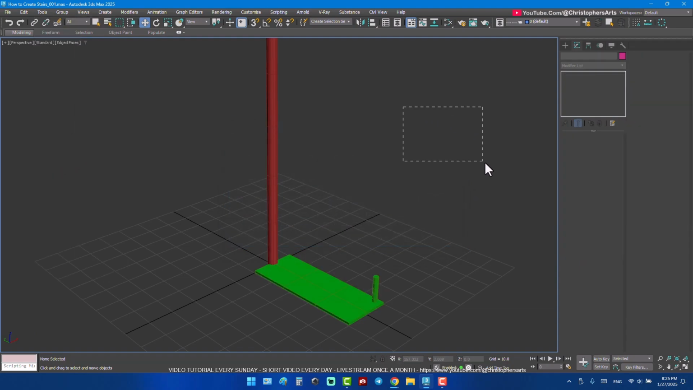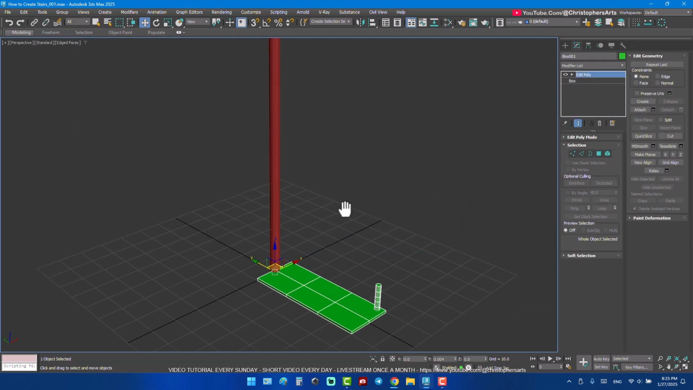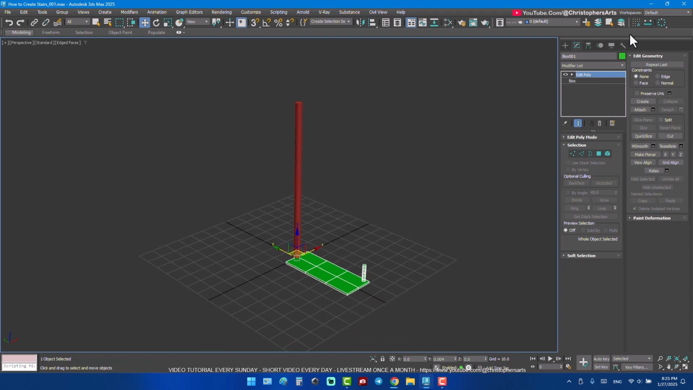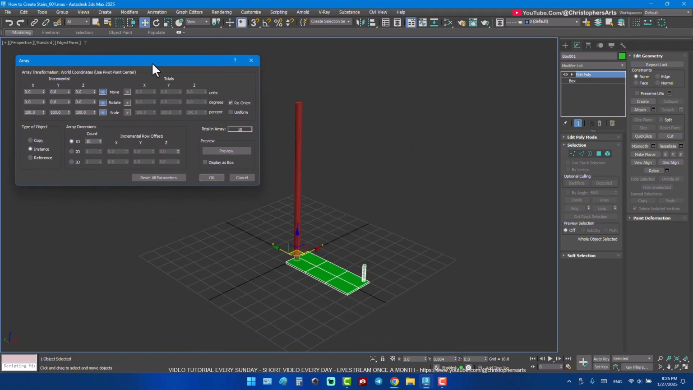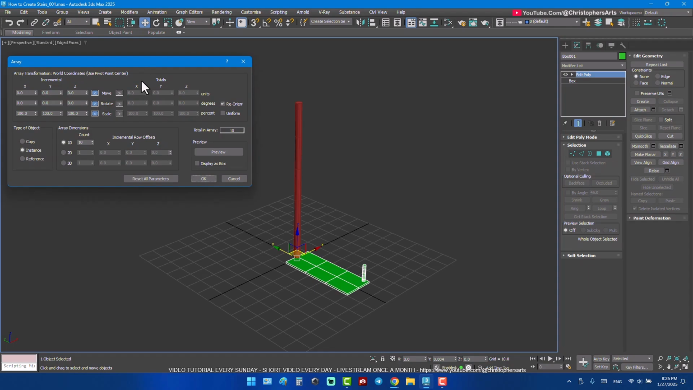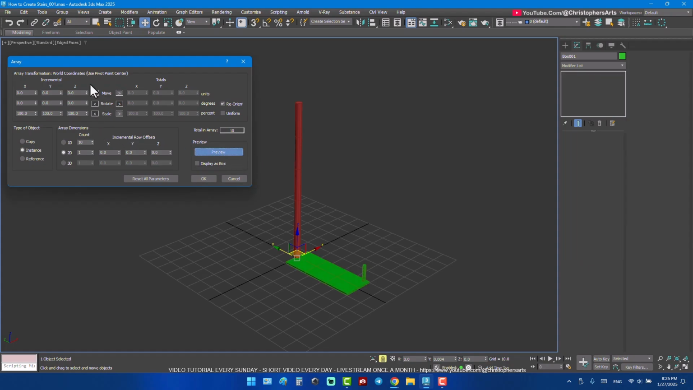both are the same. I will select this Array and I will choose 10 stairs. It will copy 10, and I will choose 2D, of course. In order to see in the viewport what is going on, I will hit Preview, and I can increase this move in Z-axis